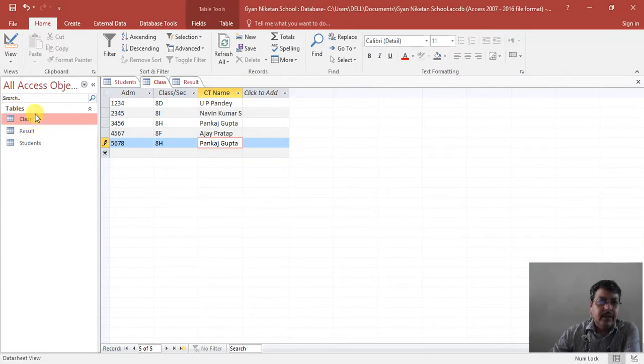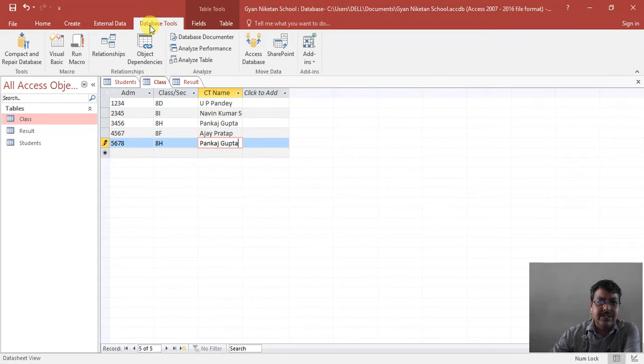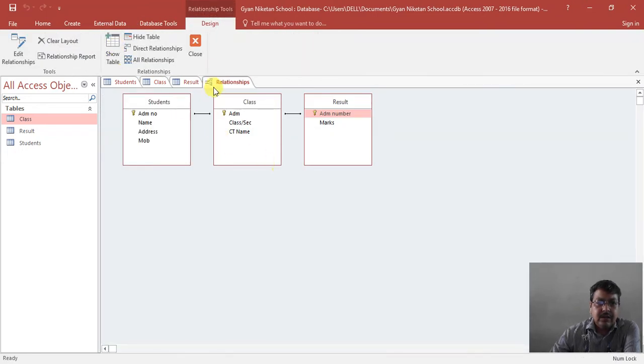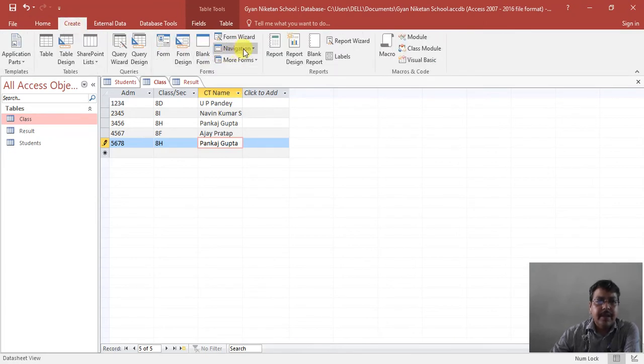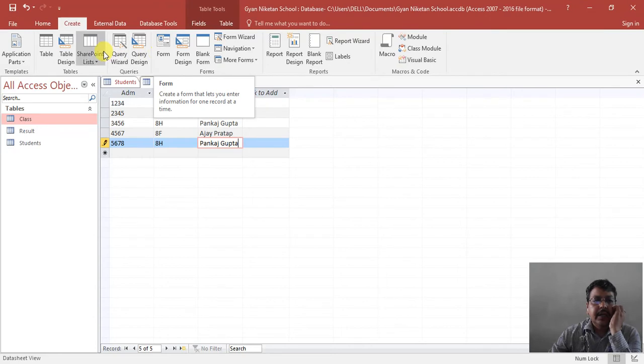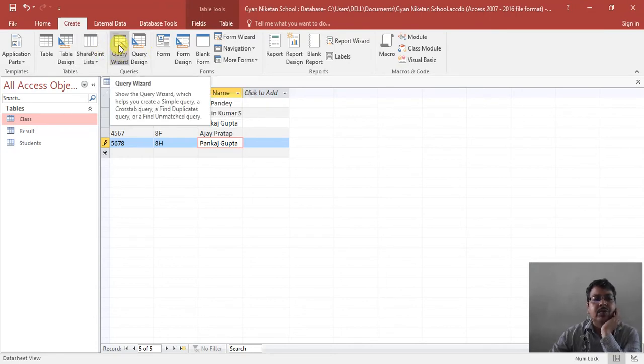Okay, the relationship has been established, you can check. Then come to the queries option, click on create. You can use any method, either query wizard or query design.